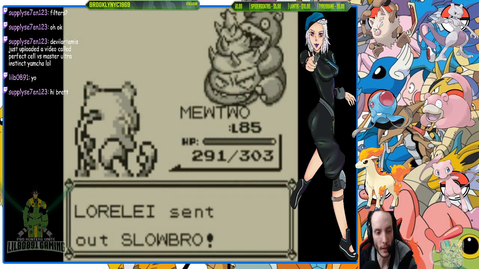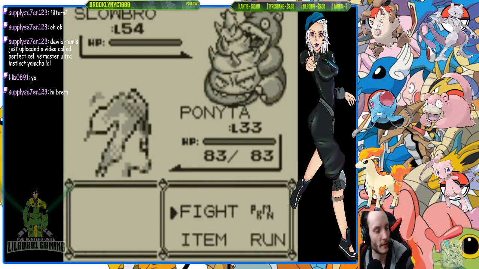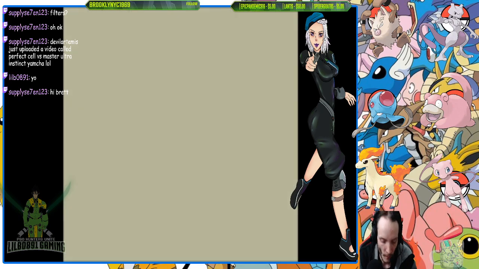But yeah, to go back to what you were asking about the daycare, it takes about several hundred, I'd say 500 or so steps to get an egg to appear. And depending on what Pokemon you're trying to breed, it can range from a few thousand to like 9,000 steps. And to gain experience, each step while they're in the daycare equates to 1 experience. So if a Pokemon requires 1,000 experience to level up, that's 1,000 steps you need to take.